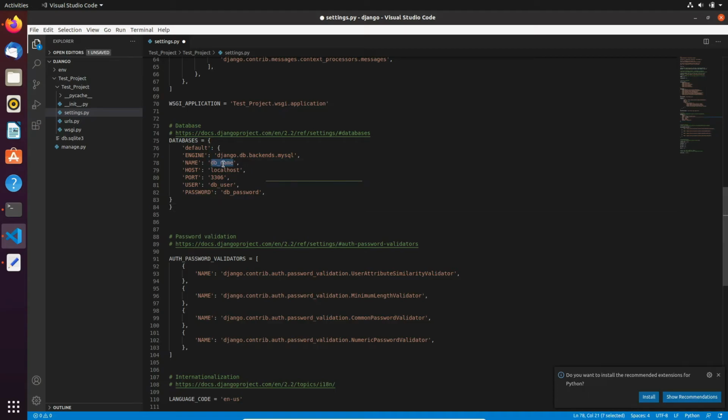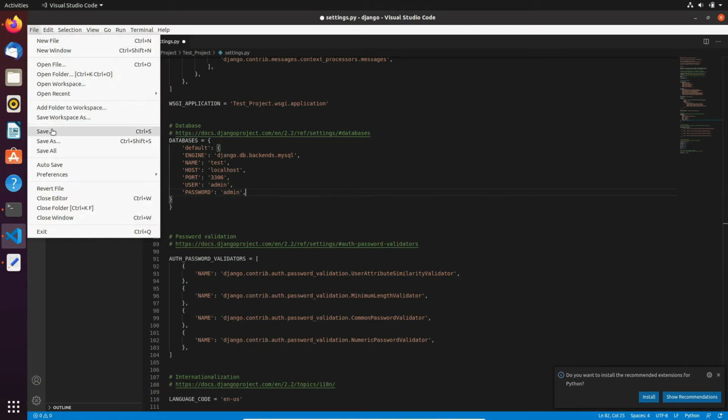So here you need to give the database name. I'll give test as the database. And when you configure phpMyAdmin, you will be providing a username and password. I have been using admin as the user and admin as the password.